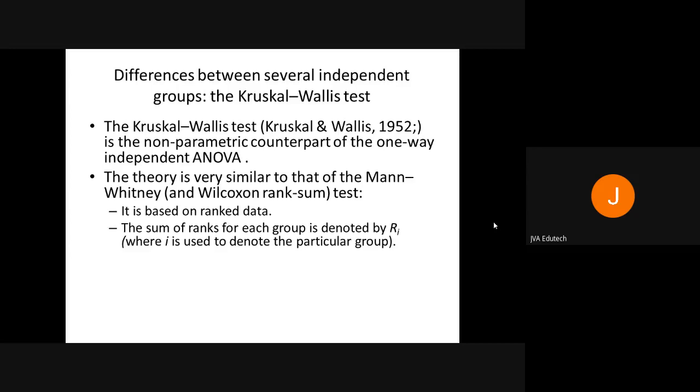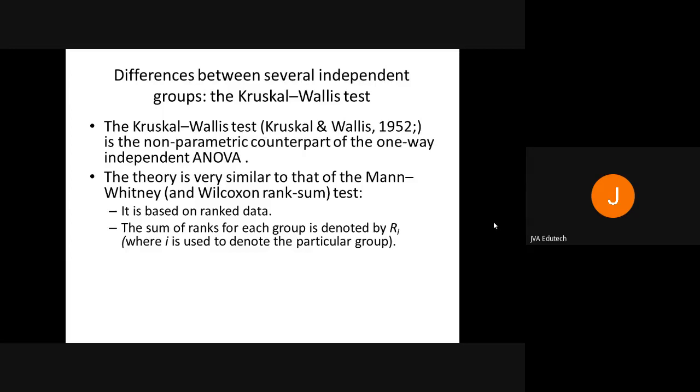Suppose we have more than two groups which are related to each other, that is the case where you want to extend the paired t-test, and the non-parametric version of the paired t-test is the Wilcoxon signed rank test. If you want to extend that test, then the better test is the Friedman test, which we use when the